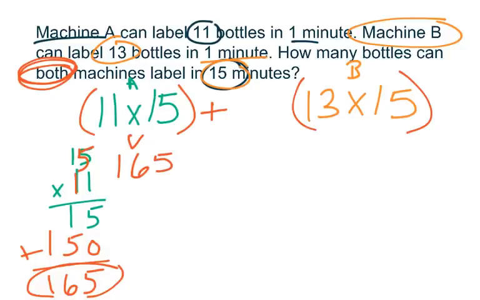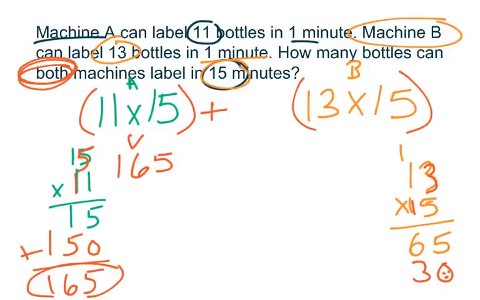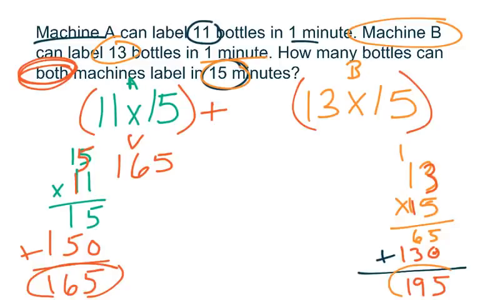And I'm going to go ahead and do machine B over here. So I have 13 times 15. Doesn't matter if you do 13 times 15 or 15 times 13. 5 times 3 is 15. Carry my 1. 1 times 5 is 5, plus 1 more is 6. I'm going to put my placeholder. Then I'm going to be multiplying 1 times 3, that gets me 3, and 1 times 1 is 1. I add these two pieces, and it shows me that machine B can label 195